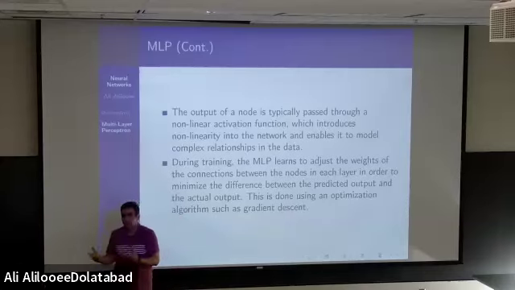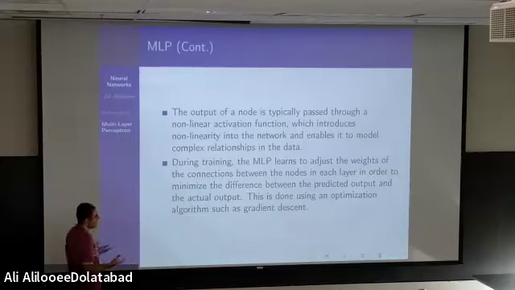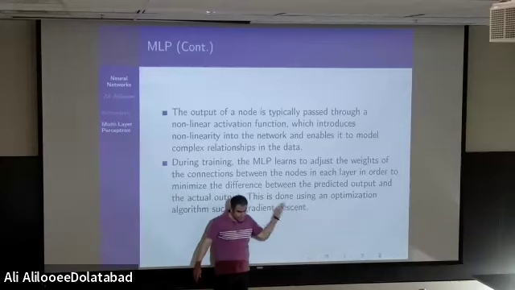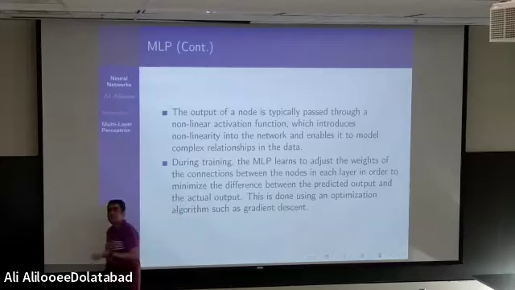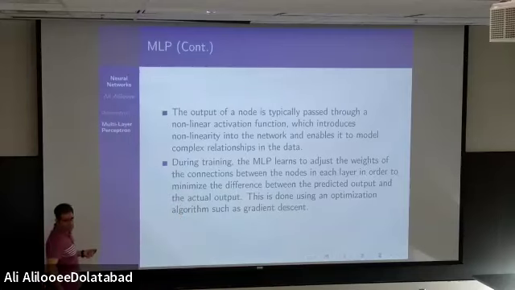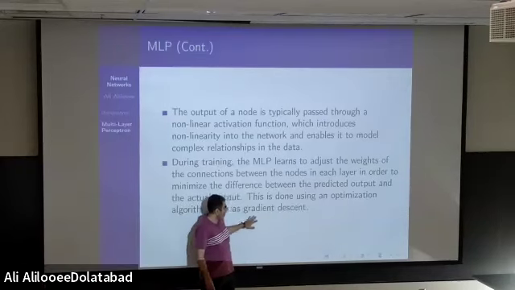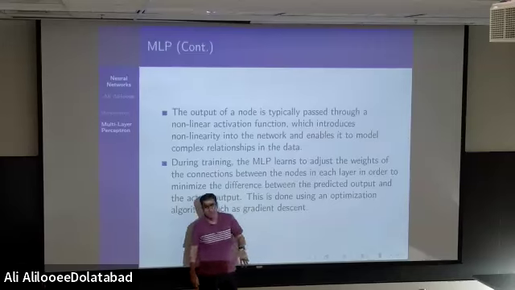Again, as we explained for other models, here we will do the same. It means that one optimization algorithm should be used. For example, the only optimization algorithm that we learn in this class is gradient descent. But other optimizations can also be used. Today we will see one of them, one that we didn't teach in this class. Therefore, you do not need to know the math behind all of these optimizations. Many people who work in industry don't know anything about the math behind them. I explained a little bit about the math behind gradient descent, but today we will see that there are plenty of different optimizations.